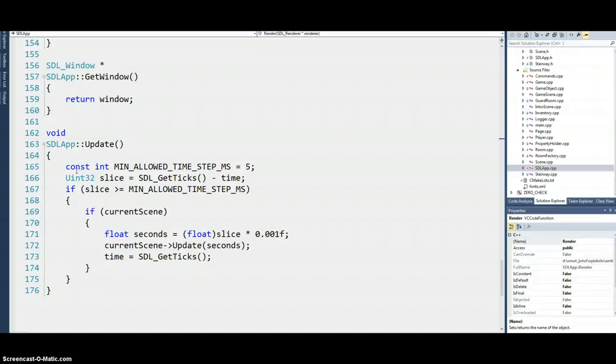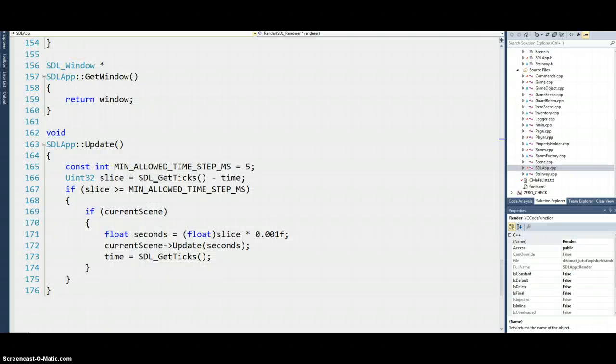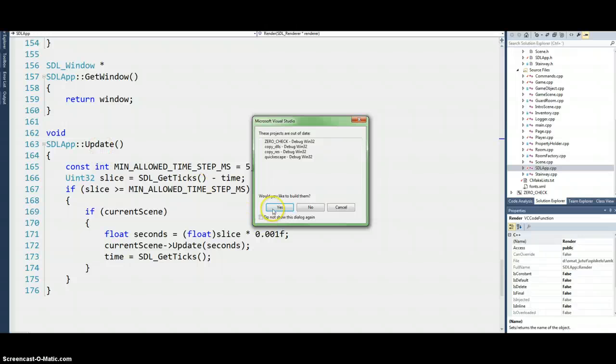So it was getting the text outputted and getting the game scene displayed. So it's mostly this game scene class that uses those things, plus adding the Page class and the fonts in the project. And that's that. And I'll show you the running demo, what it's like at the moment.